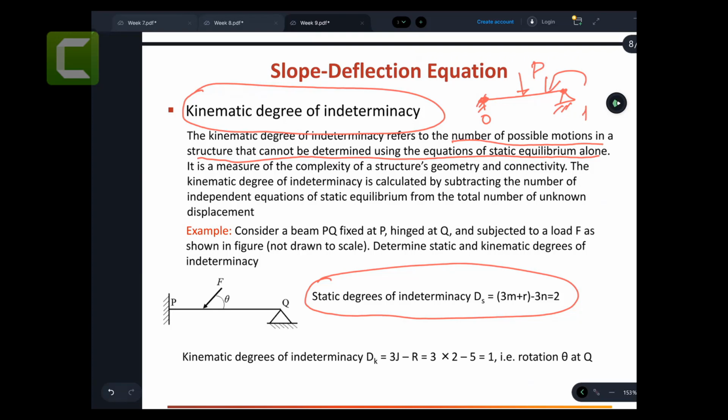So there is a possibility that these points can go rotation at 1. So this represents a kinematic degree of indeterminacy. What is a kinematic degree of indeterminacy? If you look at the whole structure and I say the kinematic degree of indeterminacy for this structure is